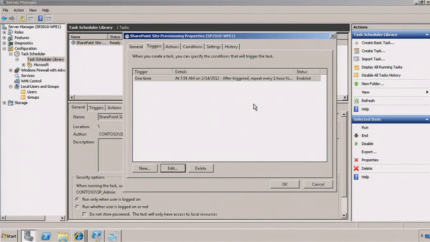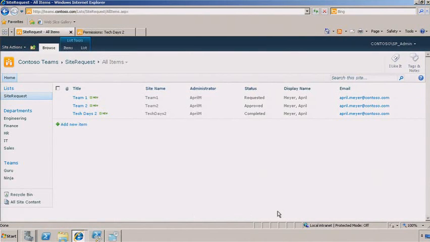So now data can come in, and that data doesn't necessarily have to all be just about settings in the site. One of the common data points that I like to encourage organizations to gather when they're doing a site request is the business owner of the site, or owners, because that's not necessarily the same person who's going to be the site collection administrator. And when you are working in the SharePoint UI, there's really no place in SharePoint where you can log who the business owner is. You really have the site collection administrators. When you're creating your own database, you can now collect the business owner or owners, as well as the site collection administrator and the site owners,